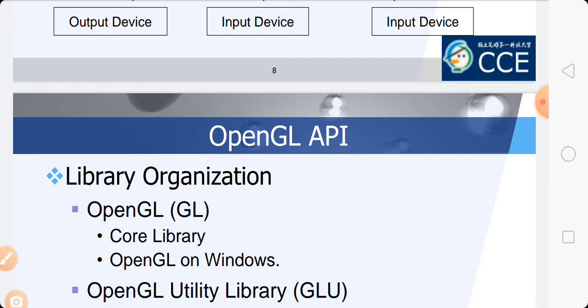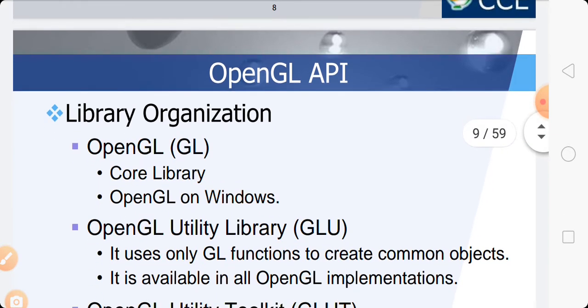Now, library organization. OpenGL core library, OpenGL on Windows. So there are two library categories, that is the core library and OpenGL on Windows. GL means graphics library, open graphics library.